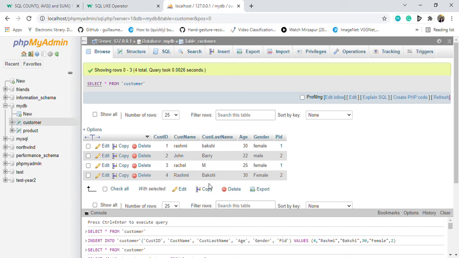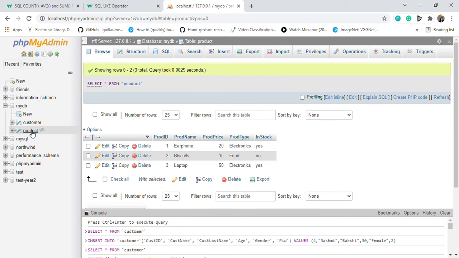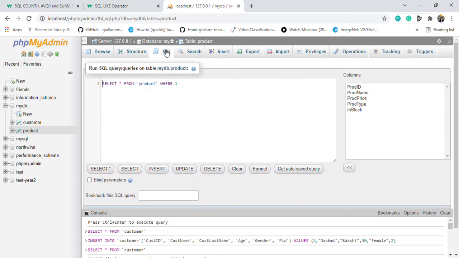Now let's alter the table. Now let's work with the product. I want to change the name of the product table to items. So let's go into SQL. And because I'm changing the table name, I will use the command called alter. So alter table and then the name of the table, product. And then the command is rename. So the keyword is rename